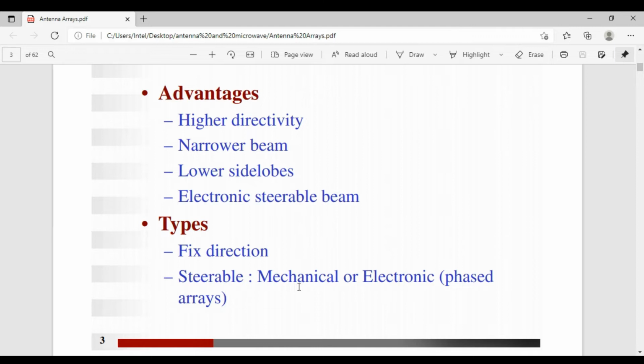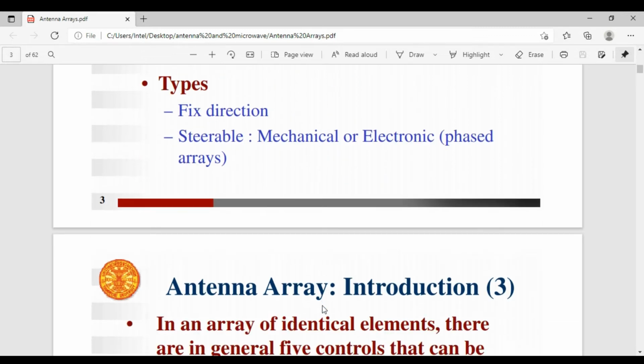What is the need for steering in a car? Tilting the tires. The tires can be shifted to other directions by using the steering. So it is steerable. That is mechanical or electronic phased arrays, we can adjust the direction whenever we want. If we need the maximum radiation at 60 degrees, adjustments can be made